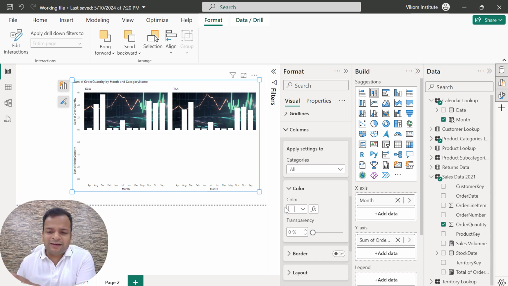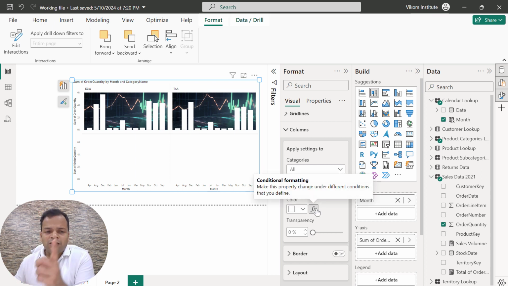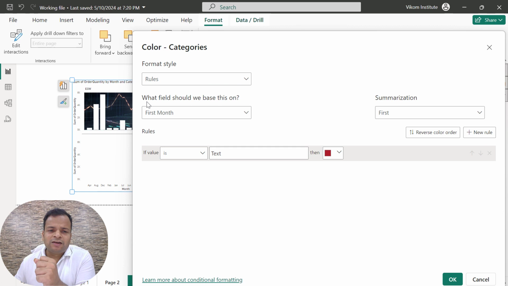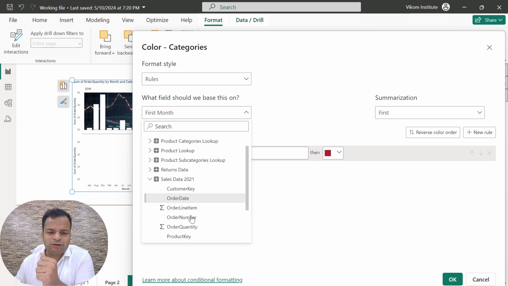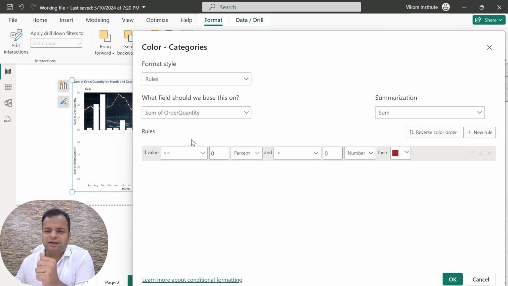Now how we will do it? We can add a conditional formatting to it also. How? Simply click on this function key, and let's say I'm checking on which field you want to apply the conditional formatting. Let's say I want to check my order quantity is greater than 4000 or not. So here I'm adding order quantity, and here I'm adding sum. Now I'm typing 4000. Now it is asking me from and to range, so I don't want to enter a from and to range, so I can skip the second one, simply make it as blank, and it is going to skip the second one. If you will do the same thing with the second one and skip the first, then it is going to find out the maximum.